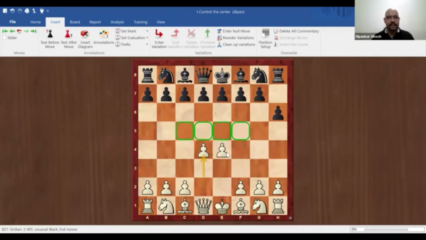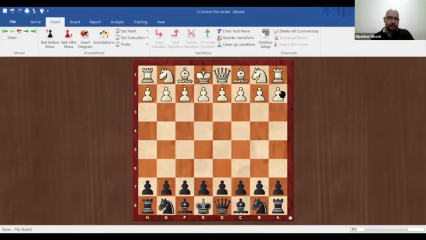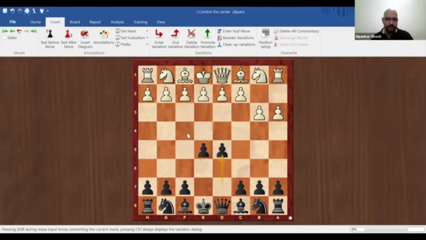Okay, so that is the first part of the opening that you should focus on. And this is valid for white or black. If you're playing black, same thing. If I flip the board very quickly, let's say your opponent starts with a move that doesn't control the center, go ahead and put a pawn in the middle. Let's say he does something else which also doesn't control the center, go ahead and put 2 pawns in the middle. And now you see, even if you are black, you achieve the same thing. Okay, so that is about controlling the center, and we will go to the next point that I had shown on the presentation.